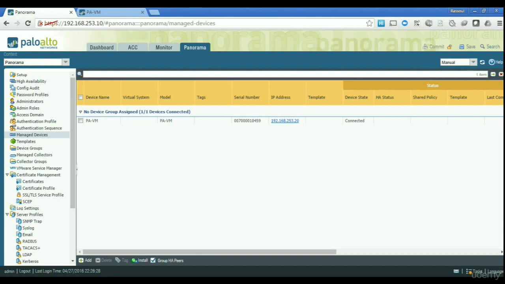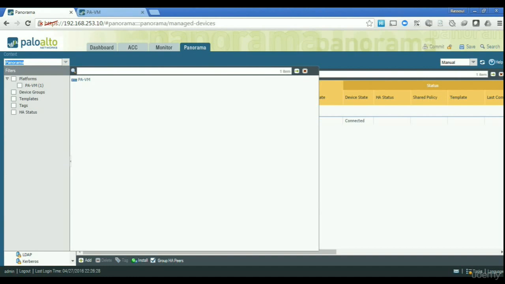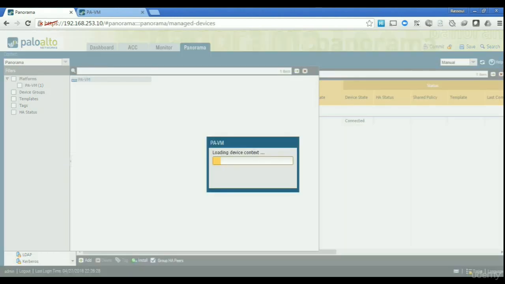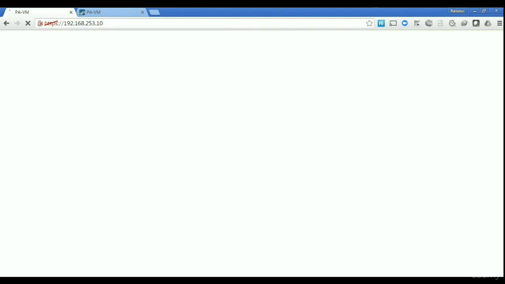So I can do all the changes that I need through the Panorama interface rather than doing it on the device itself. If I just click on here, you should be able to see a list of all of the devices that you have and templates that you created and all those kinds of things. You can see that my device is just right there. If I click on the device, it will try to connect to the device and try to manage that device